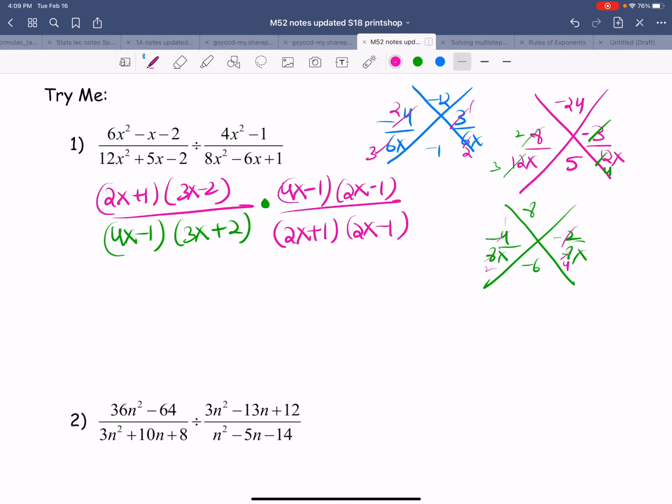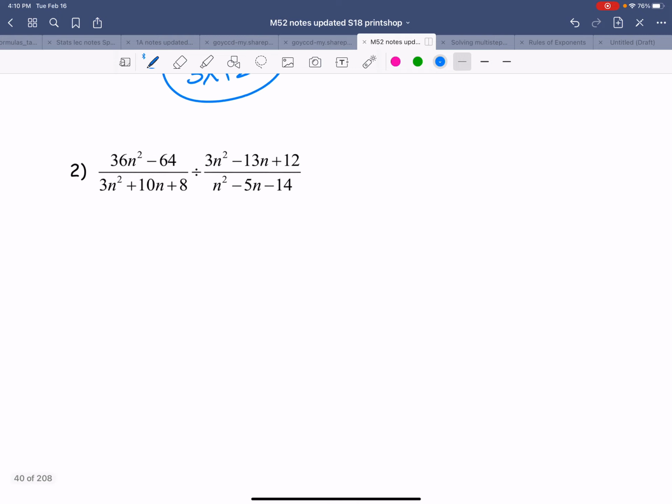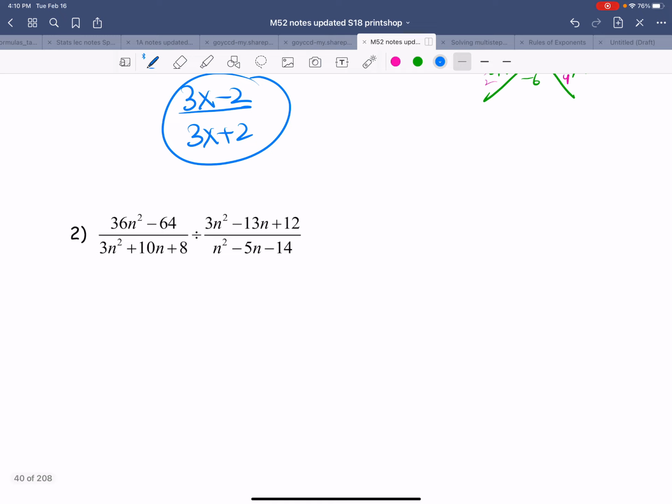Now let's cancel all the common factors between numerator and denominator. 2x plus 1, 2x plus 1 is gone. 4x minus 1 and 4x minus 1 is gone. 2x minus 1 and 2x minus 1 is gone. All we are left with is 3x minus 2 and 3x plus 2. And that's it for number 1 try me problem. For number 2 try me problem, let's see if there's any GCF between 36 n squared minus